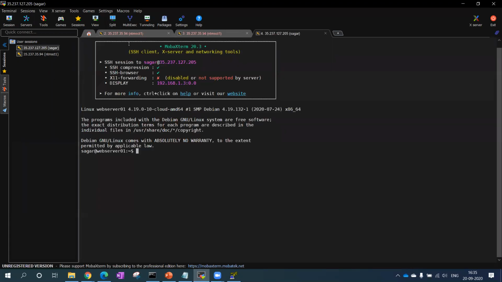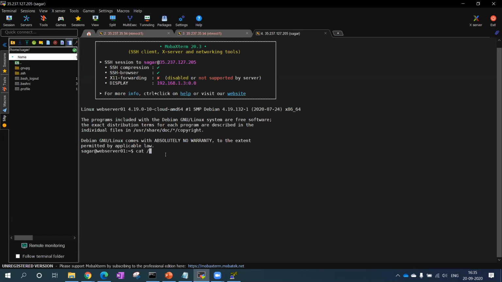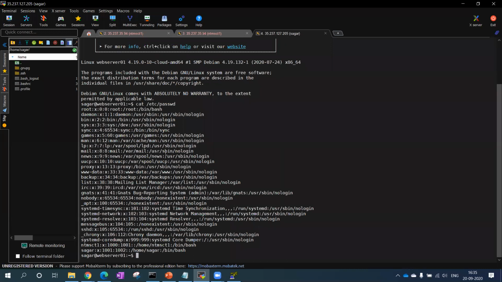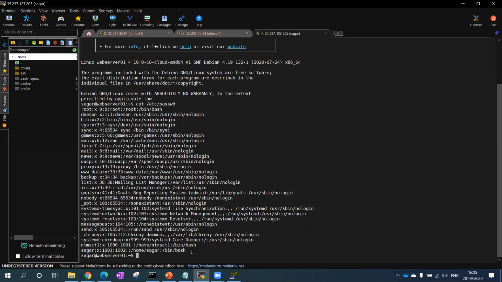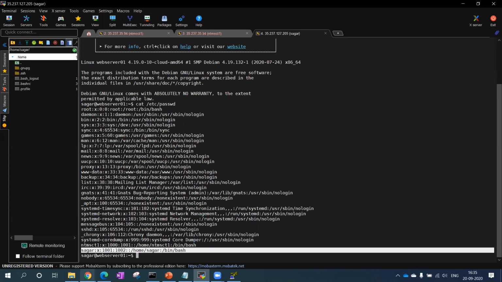See, it's authenticating with the public IP. Now you can see my name also here, and you can access the folder also. So for example, now I am inside the VM. So for accessing it remotely, you need a key, and after that you can create your own account inside that. This is the requirement. Now you can see my account is getting created under NTMS city. I can see the other account is Sagar.